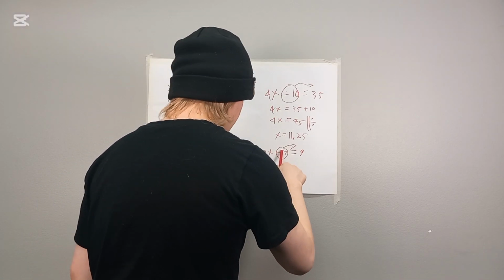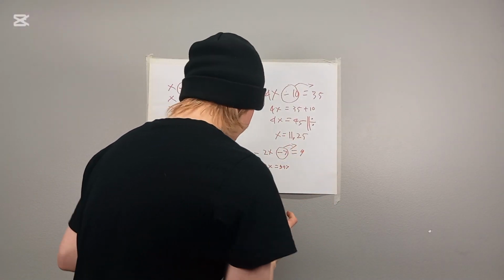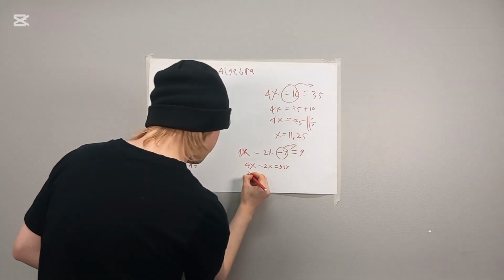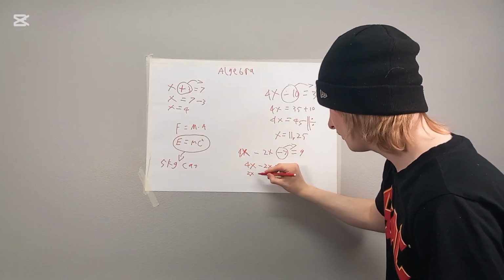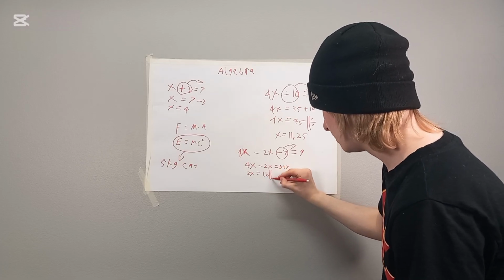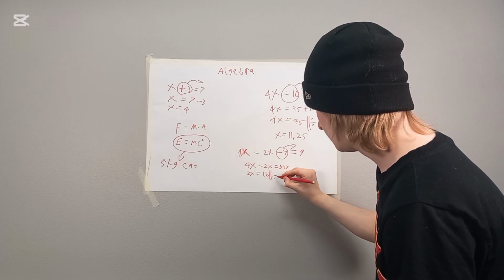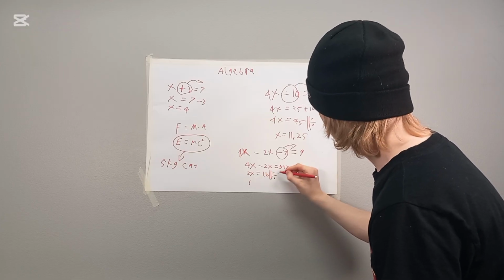Remember, this number becomes positive when it's moved to the other side. So now it's 2x equals 16. So now we just divide, and by